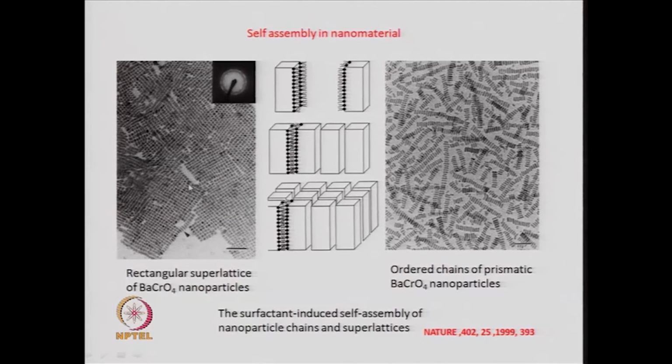This is another example where you are having a self assembly of barium chromate nanoparticles. So, you have several barium chromate nanoparticles. This is a schematic diagram. So, if this is one barium chromate nanocrystal and this is another nanocrystal of the same material, the two come together in the presence of some molecules which are shown here, and these molecules are called surfactants, and these surfactants basically act